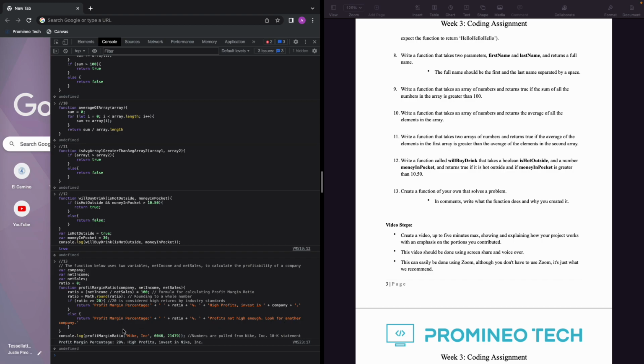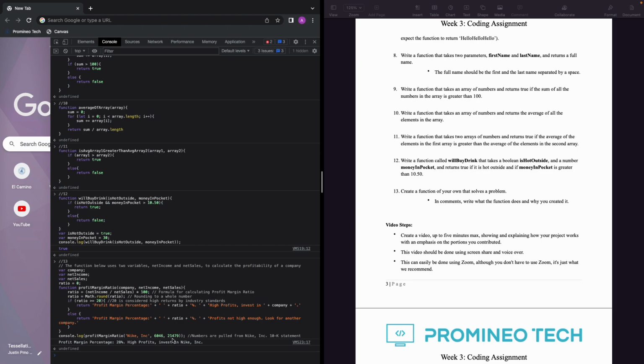So for the example, I use Nike's numbers, and I put console.log profit margin ratio in Nike Incorporated. The parameters of the function are company, net income, net sales. So I put Nike Incorporated,